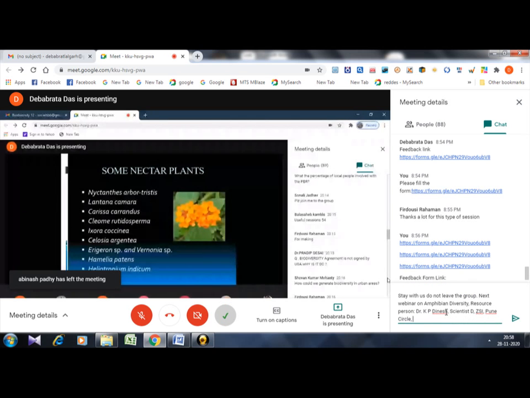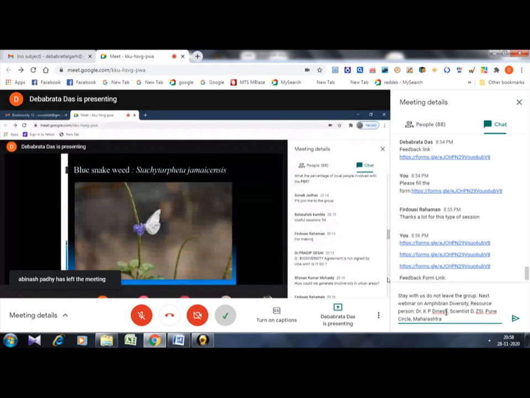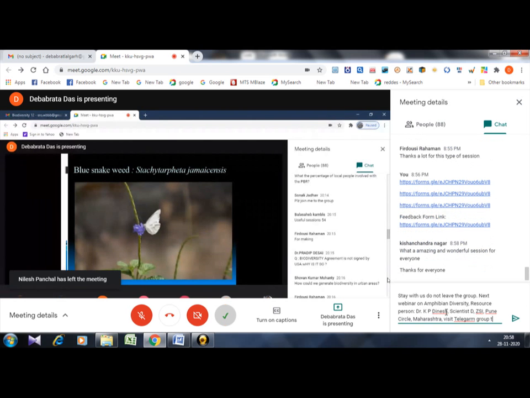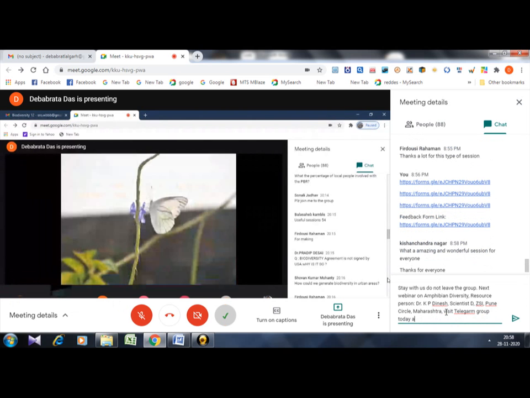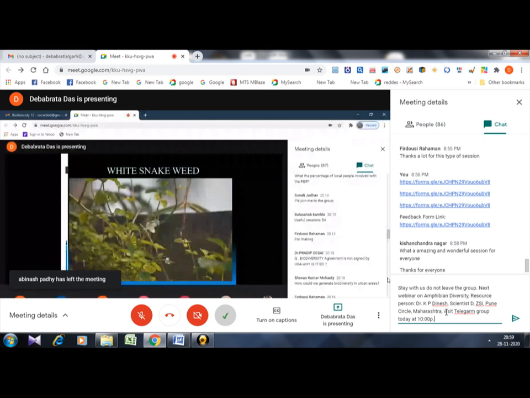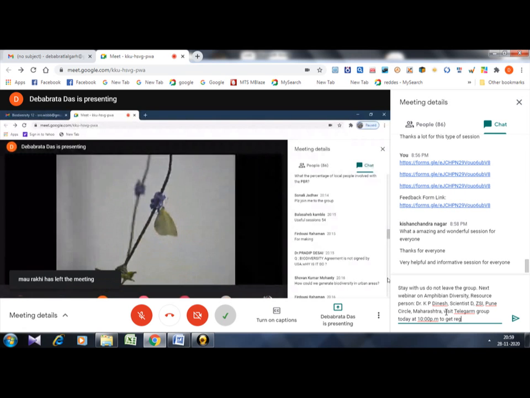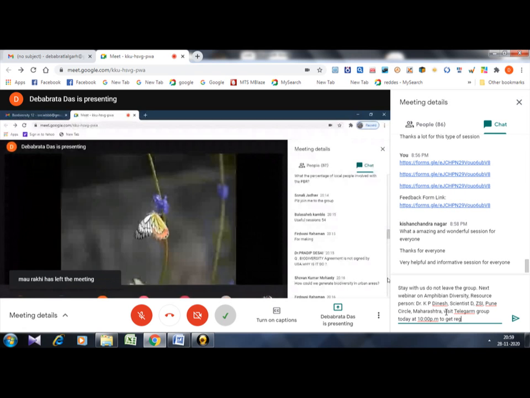Then I'm showing you some pictures from our butterfly garden. You can see the blue snakeweed or Brazilian tea I showed you earlier, Stachytarpheta jamaicensis. You can see the puffin butterfly feeding on the nectar from the flower. The same butterfly. Now you can clearly see the proboscis, right? It is like a straw. The white snakeweed, this is a different species. You can see the puffin here. Then the emigrant, or this is the albatross butterfly, a different butterfly. Then we have the common jezebel butterfly drinking nectar. Then this is the emigrant butterfly.